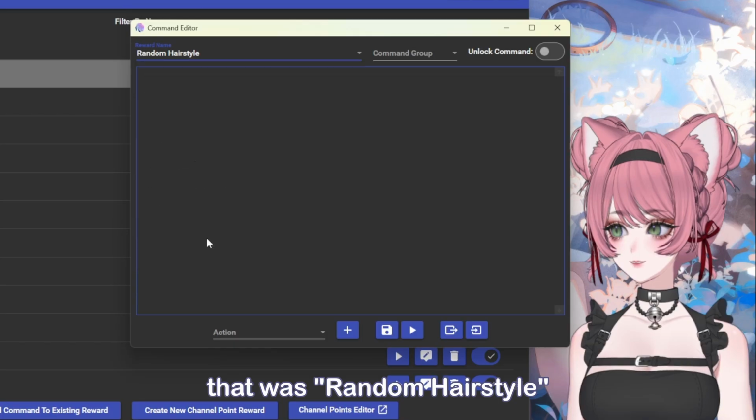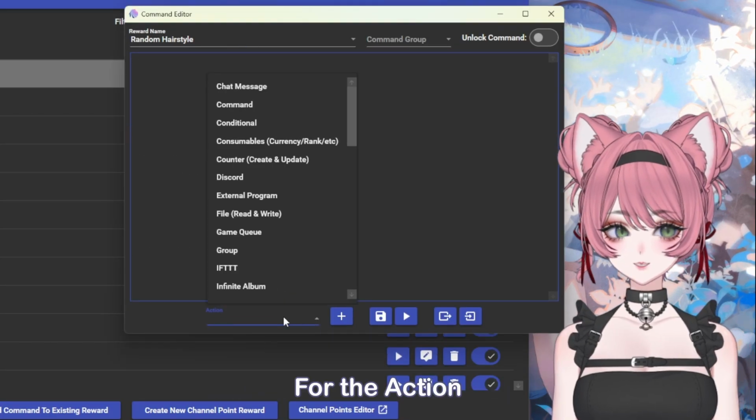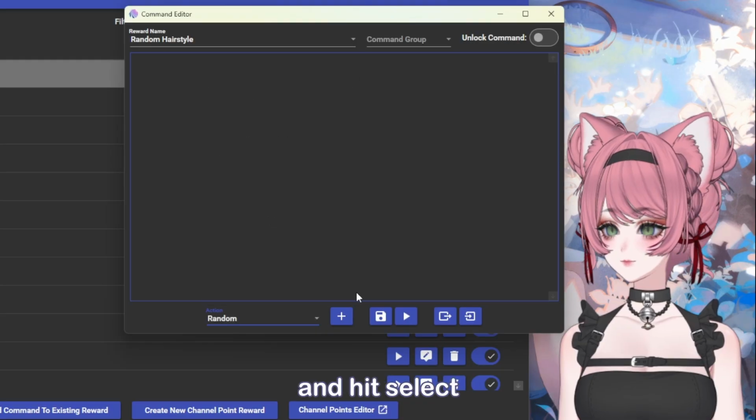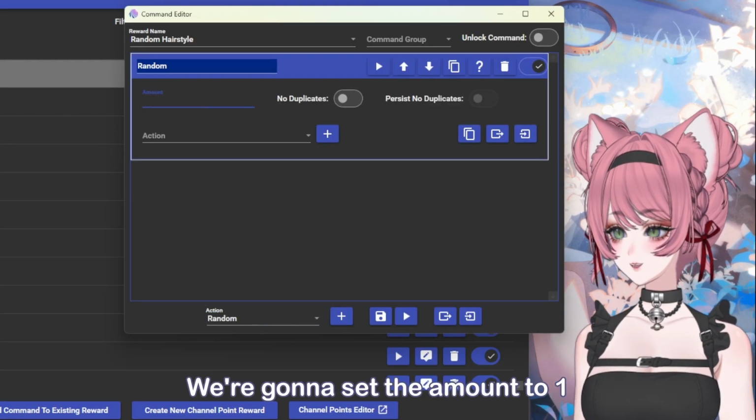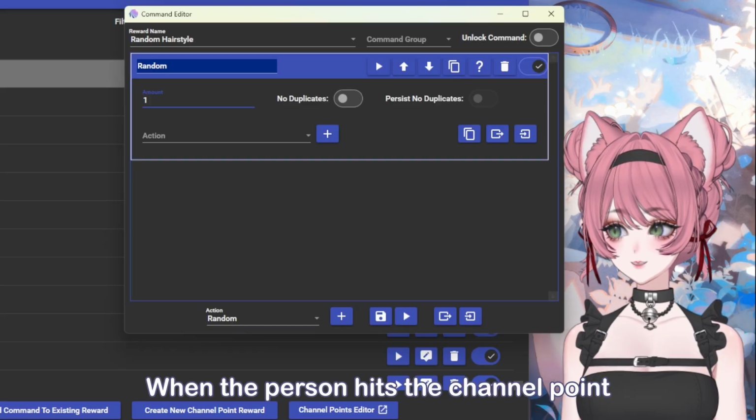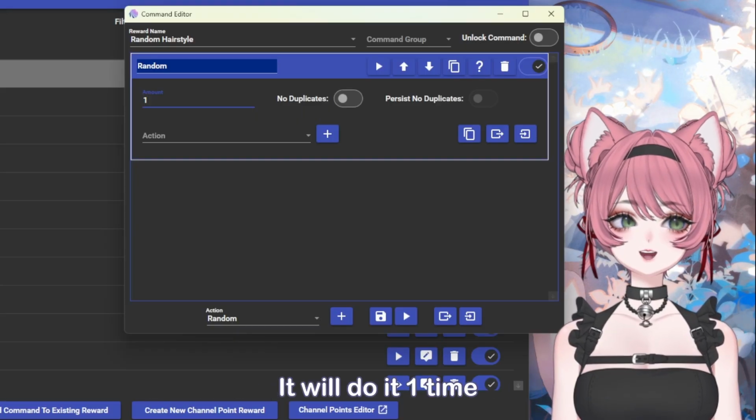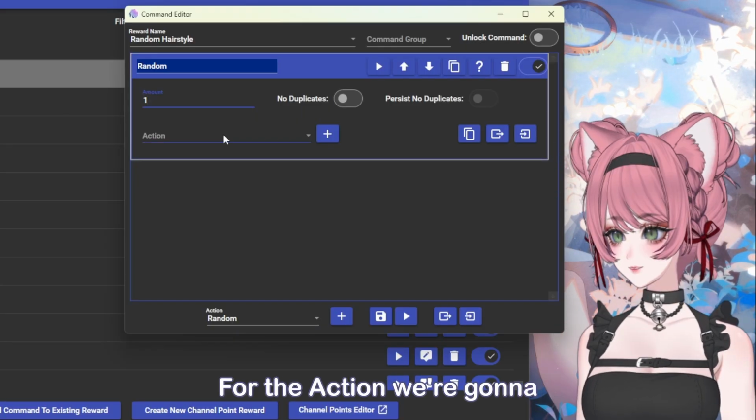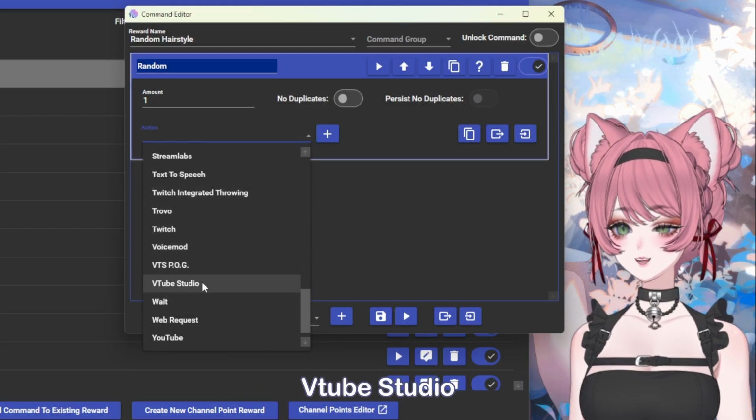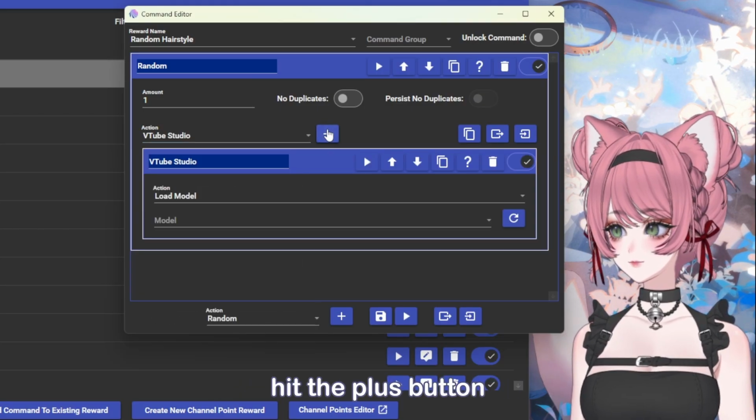That was random hairstyle. For the action, we're gonna go ahead and look for random and hit select. We're gonna set the amount to 1. That means that when the person hits the channel point, it will do it 1 time. For the action, we're gonna scroll down and look for VTube Studio, hit the plus button,